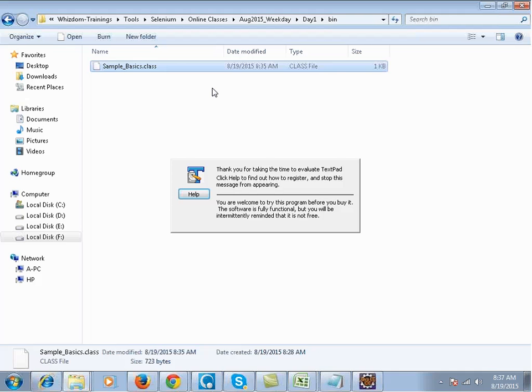For example, create a new Java file over here, say temp.java, with the main function, and inside it I'll just write system.out.println learning Java for Selenium. If I run this code, you will see that temp.class file will be generated inside the bin folder. Okay, right, and this class file,